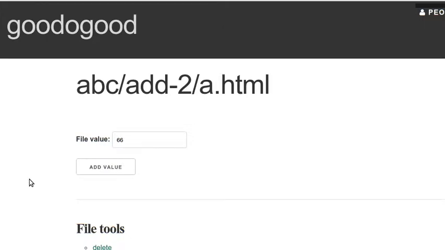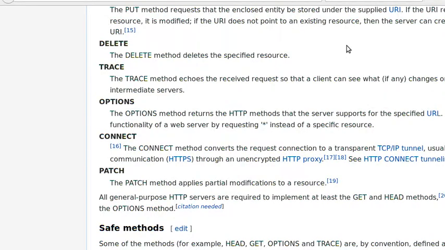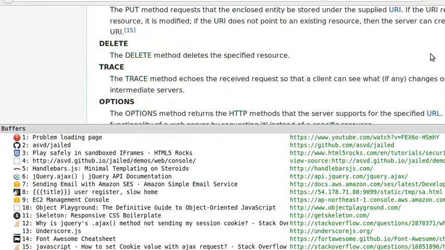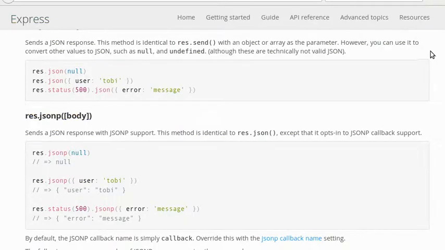When doing software for the goodogood project, we are using express.js and node.js to set up plain simple web pages for file value in the goodogood system. To view and change file values, when we view the page, we use HTTP GET. When we change the value and submit the form, we use the HTTP POST method. We are going to explain how we do this